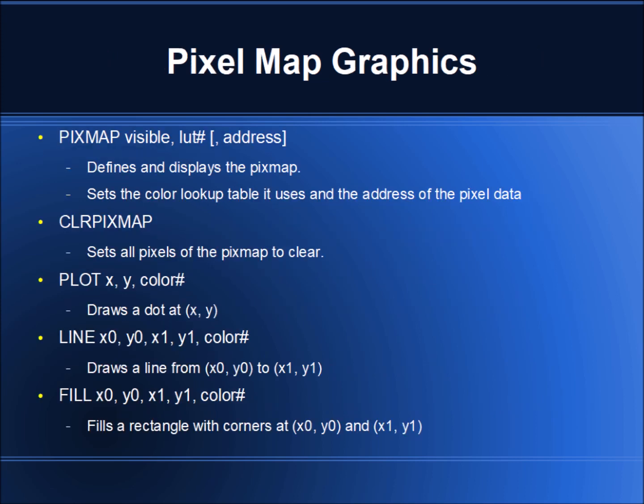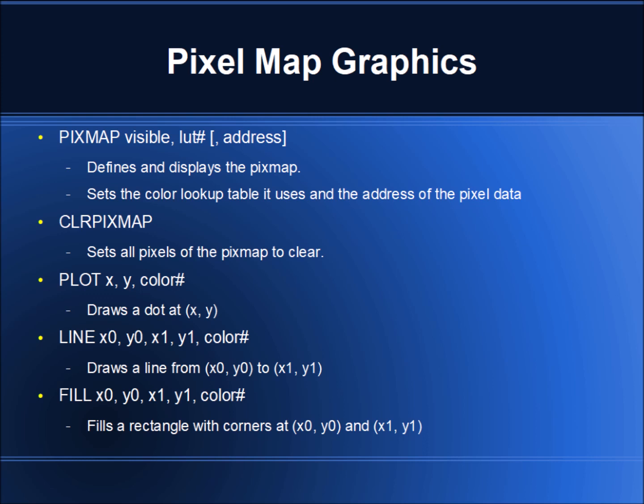Next up, we have what I'm currently calling pixel map graphics. These are the bitmap graphics. I'm calling it pixmap because it's not really bitmapping in that it's not black and white, where an individual bit corresponds to an individual pixel. These are pixel maps where each pixel is a byte in memory, and that byte is specifying the color that pixel should have. So the pixmap has a color lookup table associated with it,